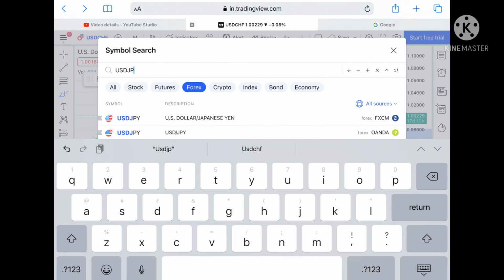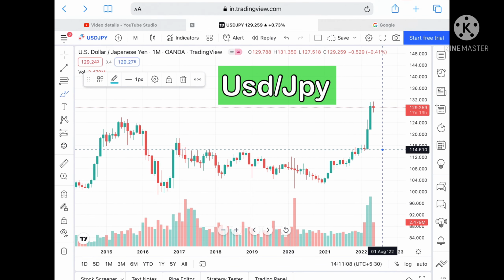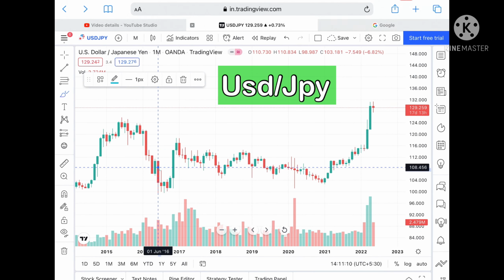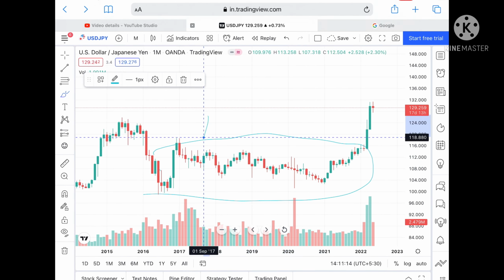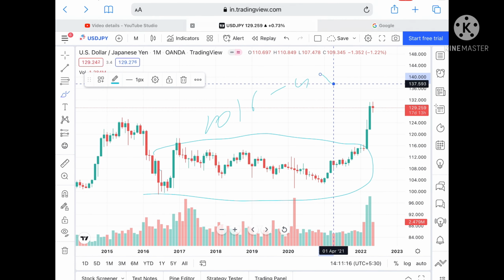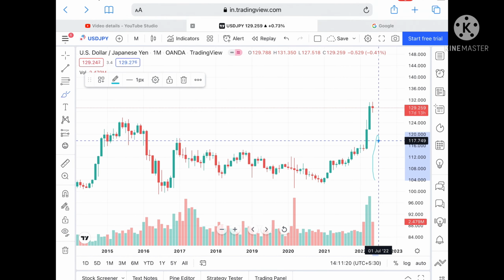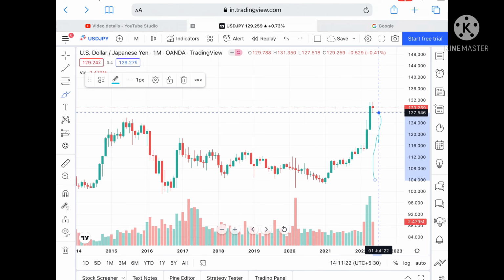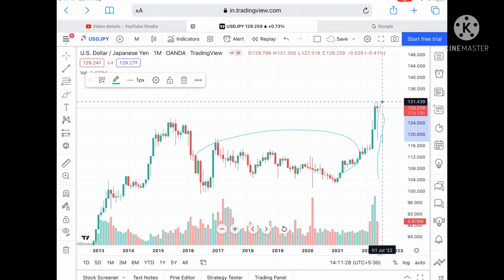If we talk about USD JPY, I have already told you that since 2016 it is in this particular range. Okay, from 2016 to 2022 we have seen it in this particular range, and after that it was continuously going upside, because this range has not broken for so long. So now it has already touched a high of around 131.439,